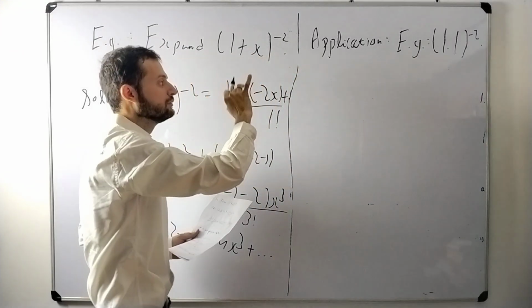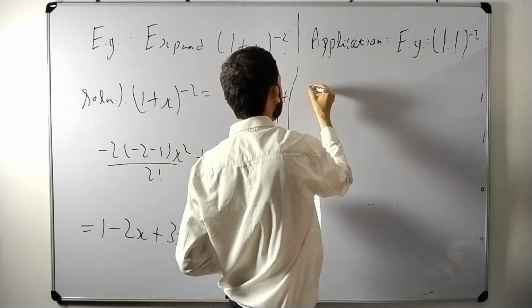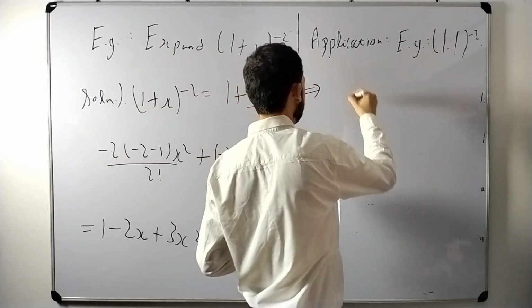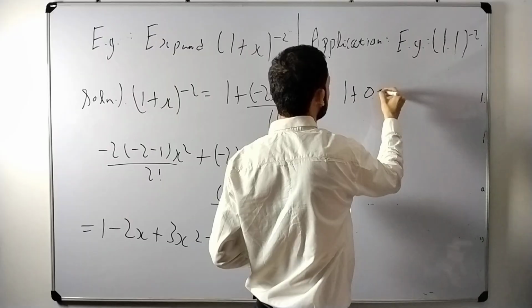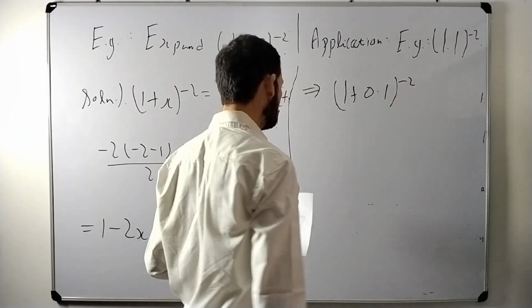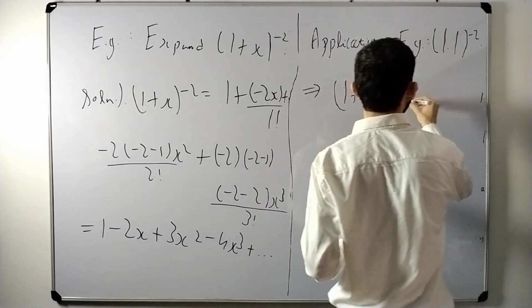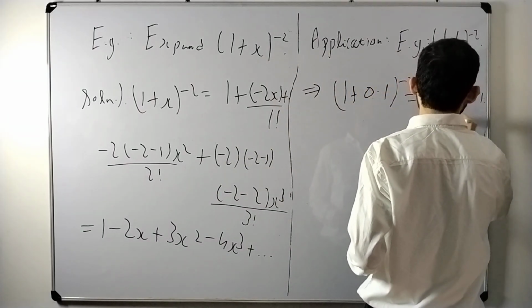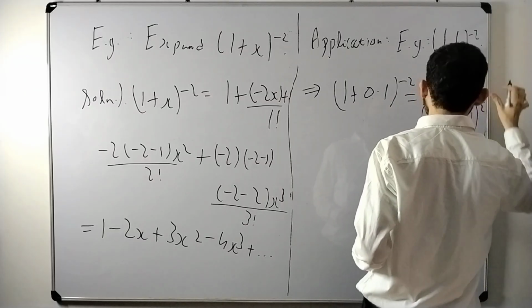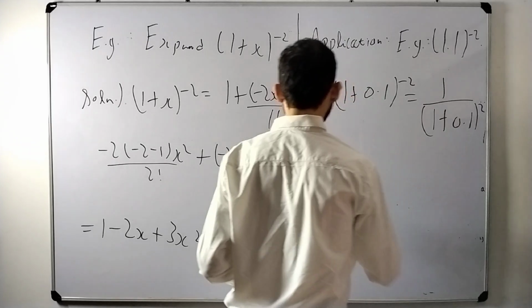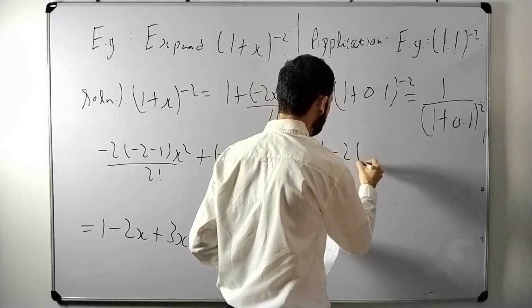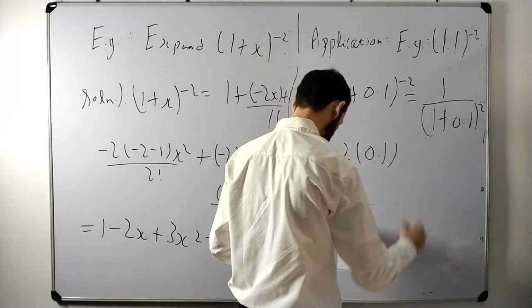Okay, students, how are we saying it is written in this form? So let me write 1 plus 0.1 raised to minus 2, and this certainly can be written as 0.1 square, and now apply the formula to it, and this becomes 1 minus 0.1,